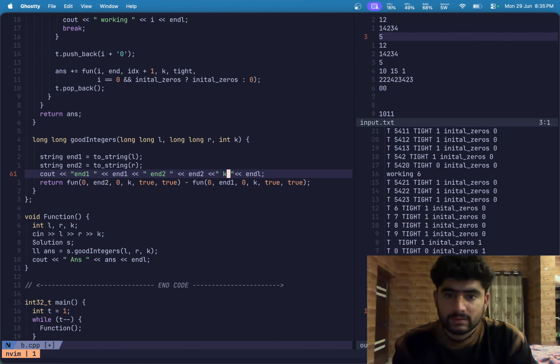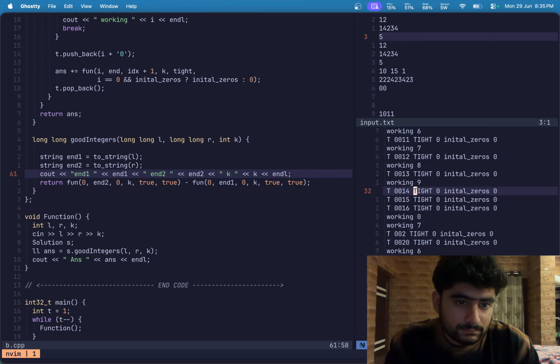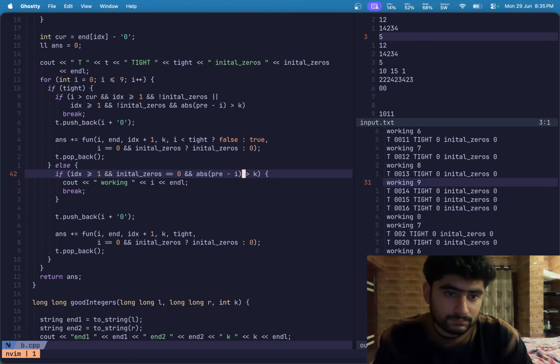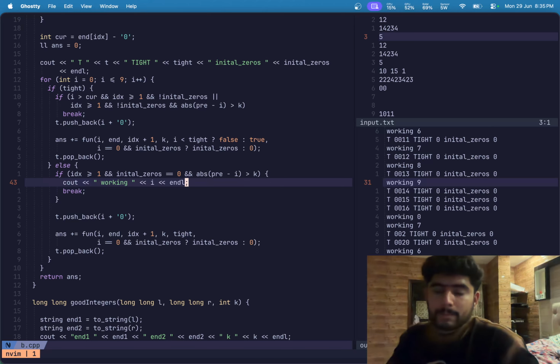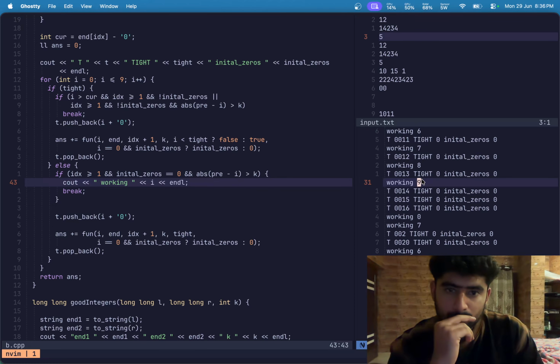Let me also print the value of k. What is the value of k? Oh, wait, this is, like, why am I getting, working as 9. T was